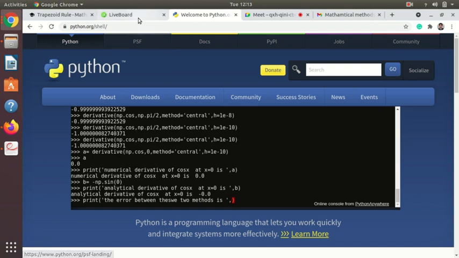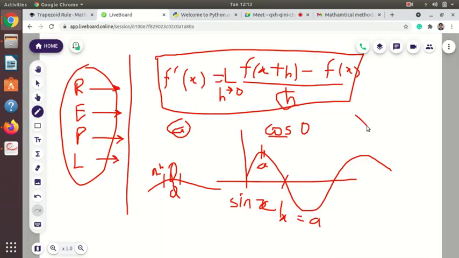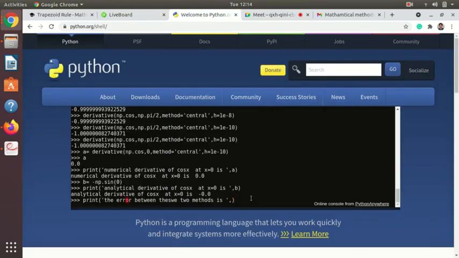Okay, how we find out the error? Suppose there is X which is true value and the measured value is small x, then the relative error we find out is X minus small x divided by capital X. And if we have to find percentage error, so you can write also percentage error here. I will just write the symbol here for percentage error. In the inverted comma you can write anything, it will be printed as it is. So what I have to write? X minus small x upon X into 100 if it is percentage.